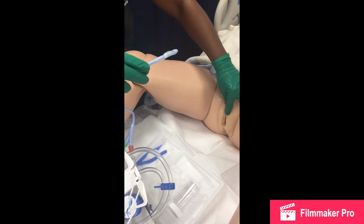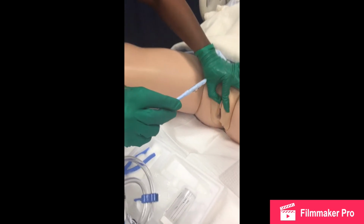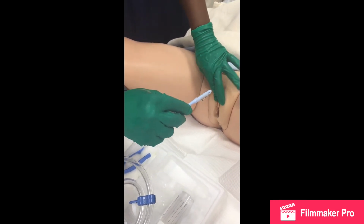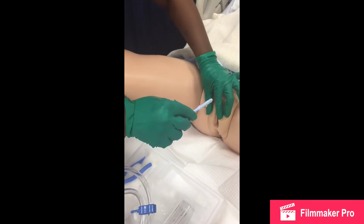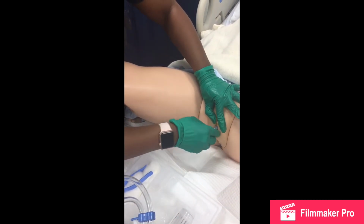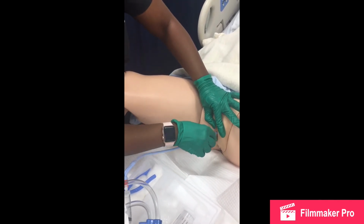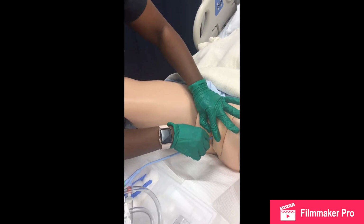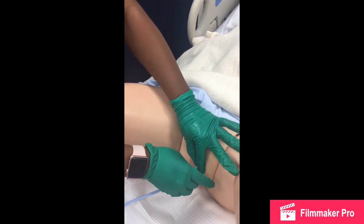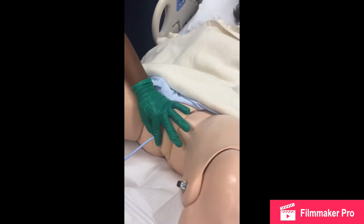And then I'm going to open the flaps, holding it back. And then I'm going to tell my patient to exhale, 1, 2, 3. And I'm going to just walk my fingers in, sticking it about 2 to 3 inches in, or till I meet resistance. Now that I know that this is not going to go any further,